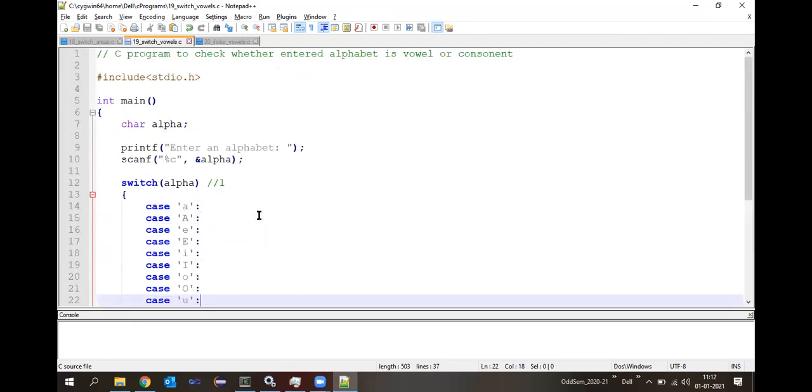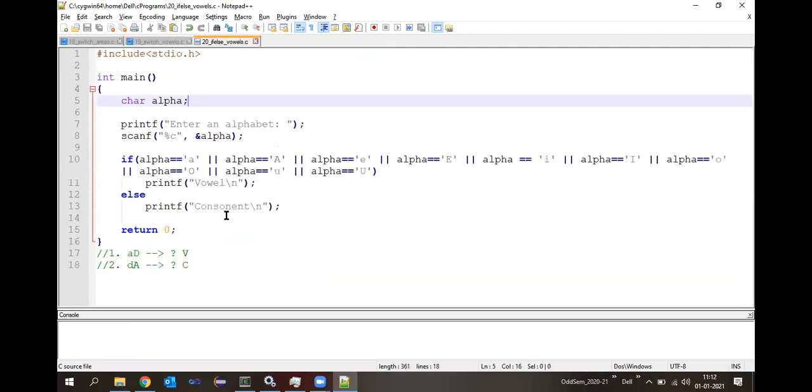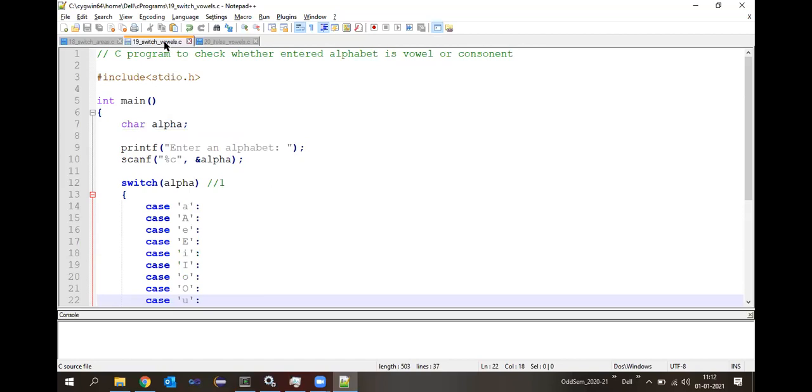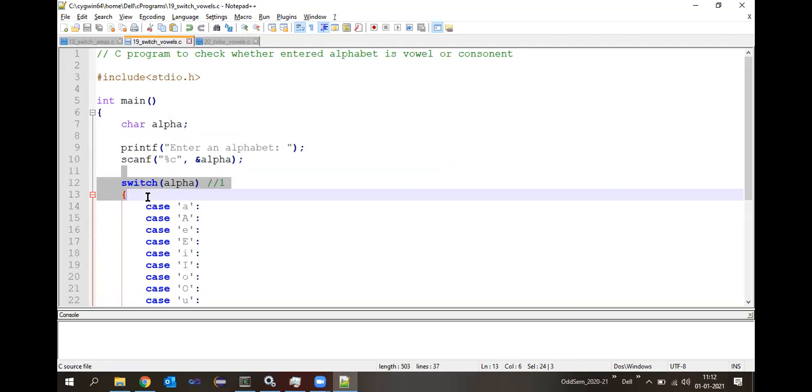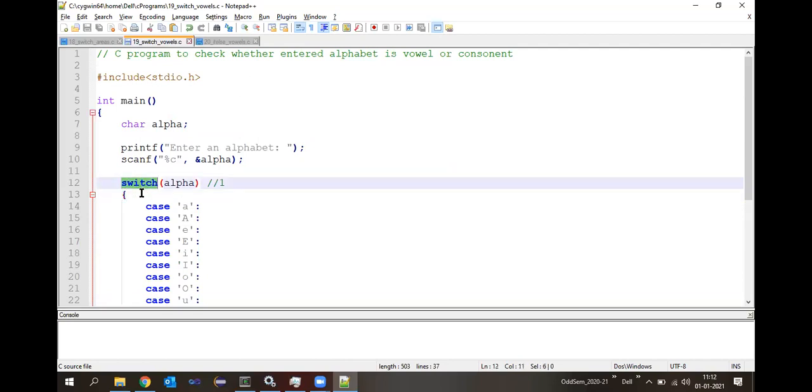The second learning is that switch and if else, or else if, or nested if else can be written interchangeably. Any problem that requires a solution in the form of a switch can even be written using if else, nested if else, or an else if ladder. Or if anything is written using else if, that can be written using switch case also. Interchangeably, we can use the corresponding techniques depending upon our use.